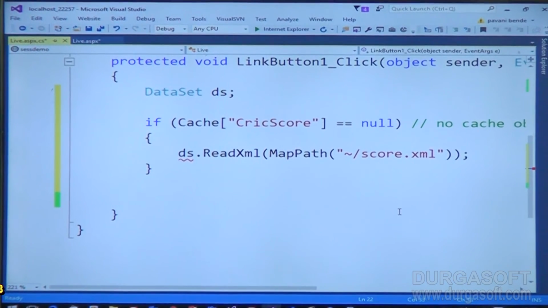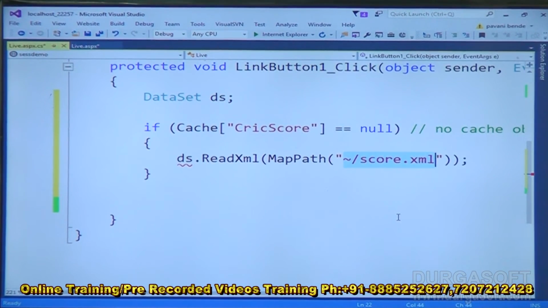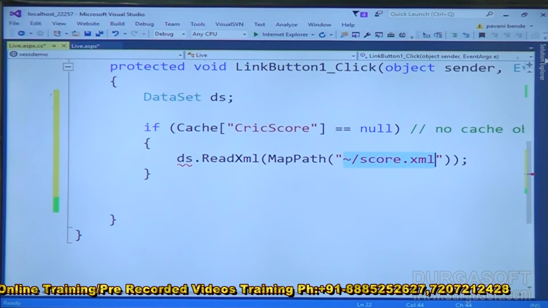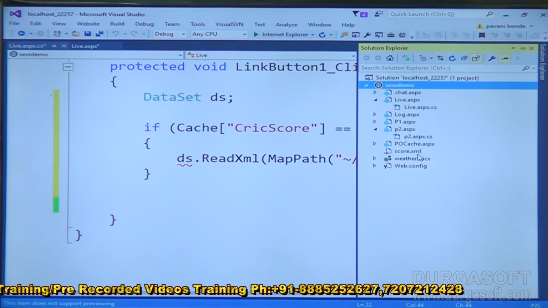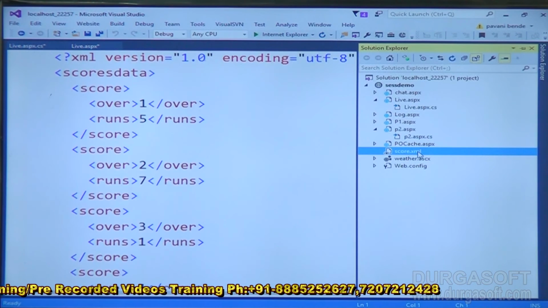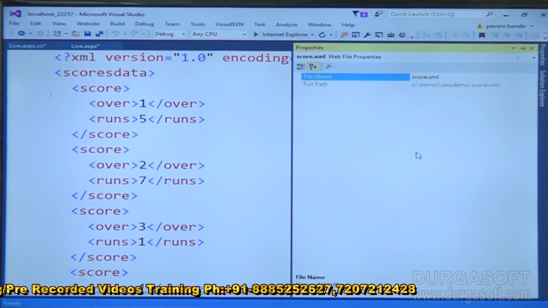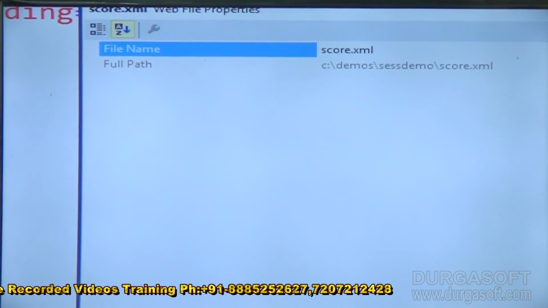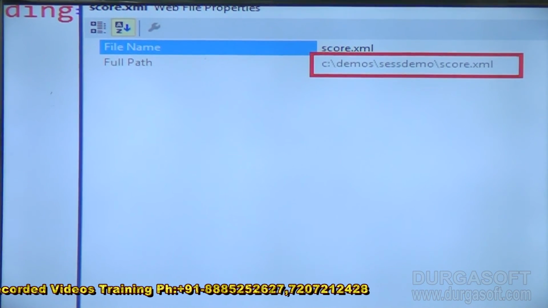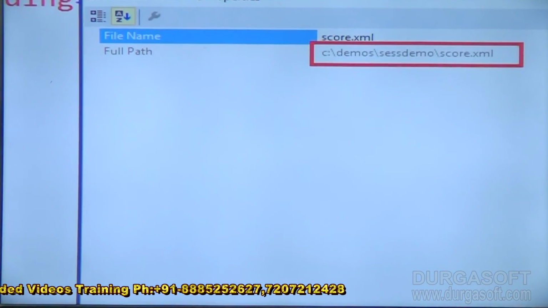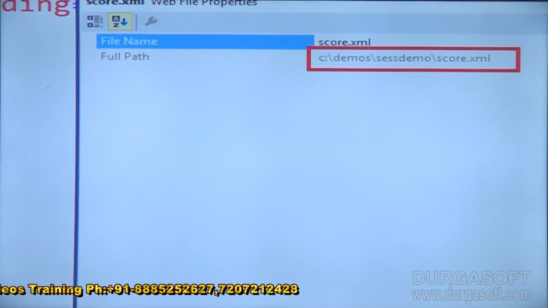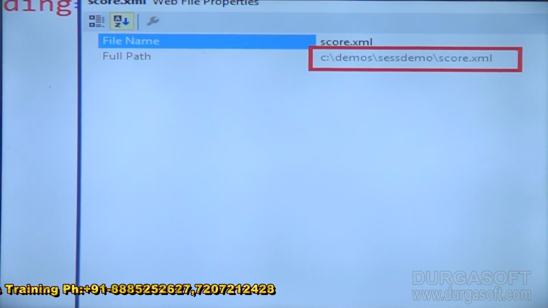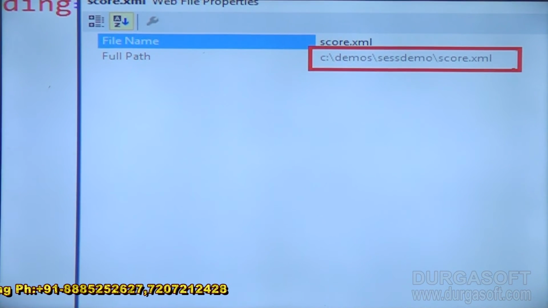See, this is virtual. What is the tilde telling me here? The tilde is telling me, hey, this is your project, and in this there is a file called score.xml. But what I actually need is this. Without that I cannot read that file, and I should not write that in my code. Now somebody might ask, why don't you write this directly? If you write it directly, when you deploy,